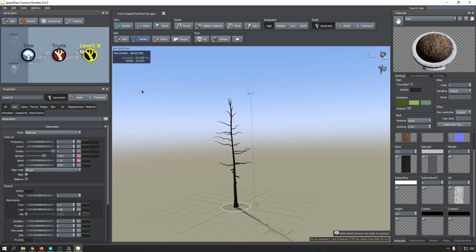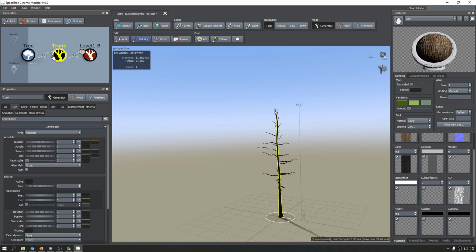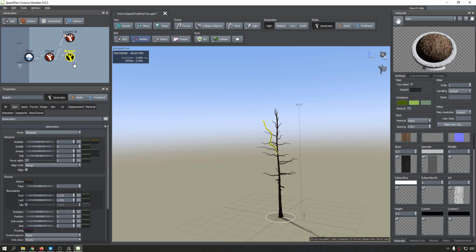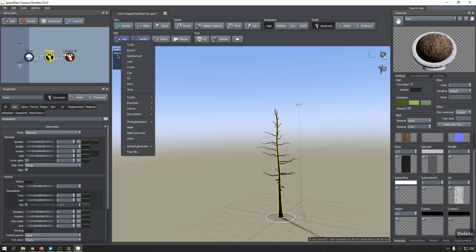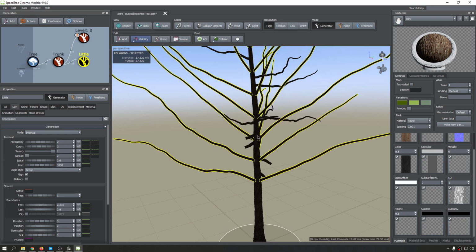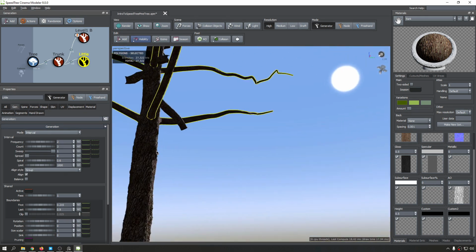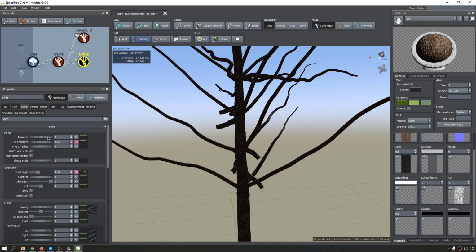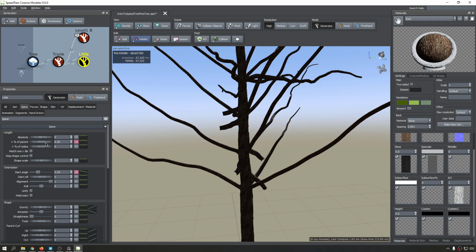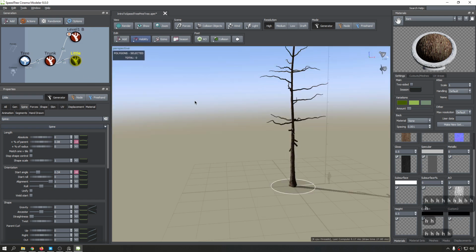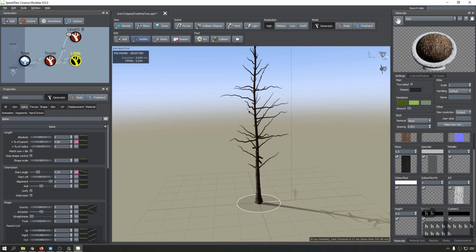So again, as always, add the branches, select the trunk as the parent, and add a branch. Or let's take this one, delete it, and use one of the presets that has a lot of branches, like these little branches, which is good. So let's go and bring the length down, make them smaller, and let's try to turn them on and off to see the effect that they have on the tree. And rename this to